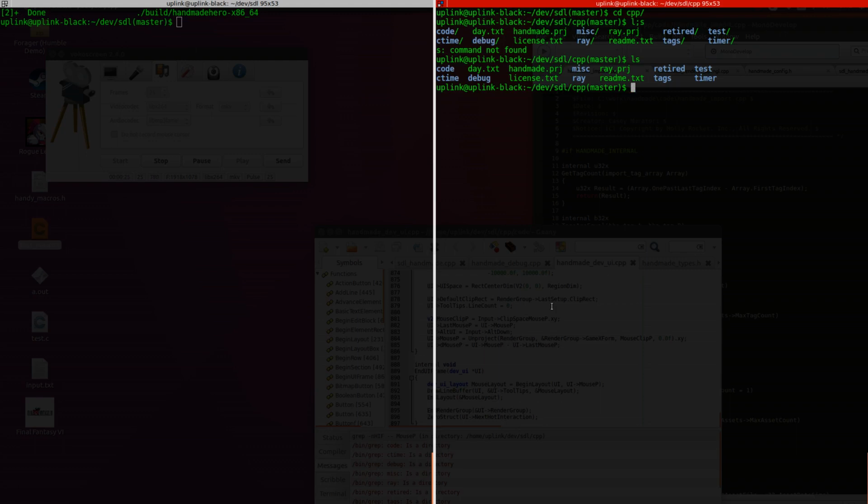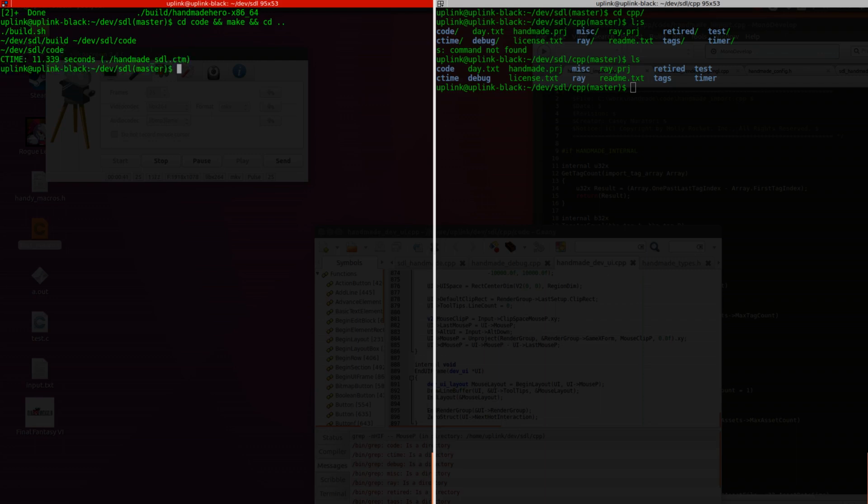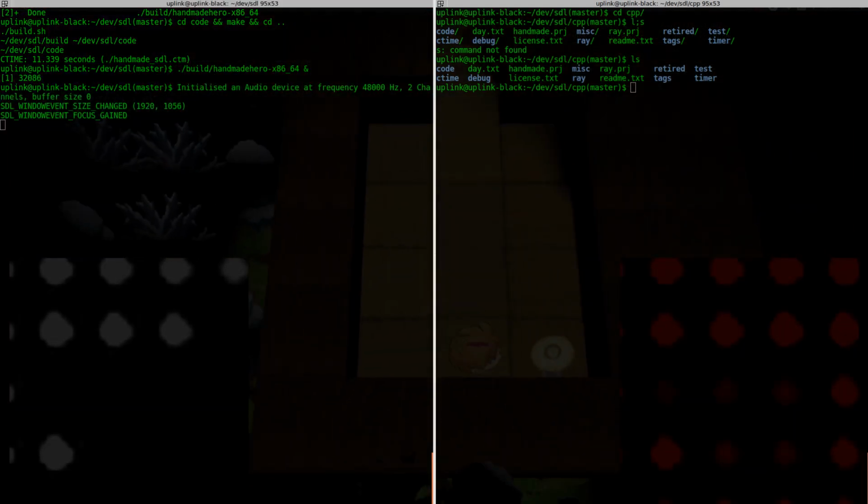So first, let's run the code. I'm gonna build a fresh HandmadeHero here and run it. Because this is compiling with optimization, it takes 10 seconds to compile, but well, what can you do? And then we can just start it, I guess, yeah. So now,